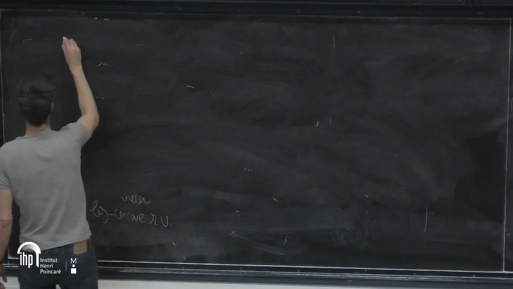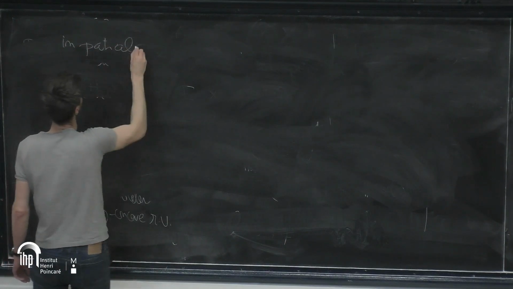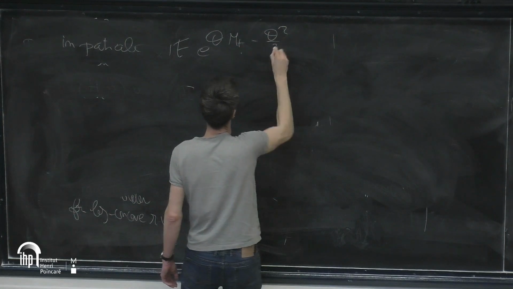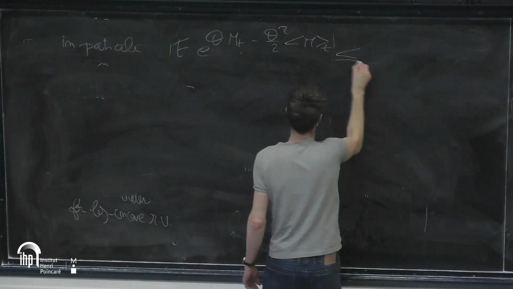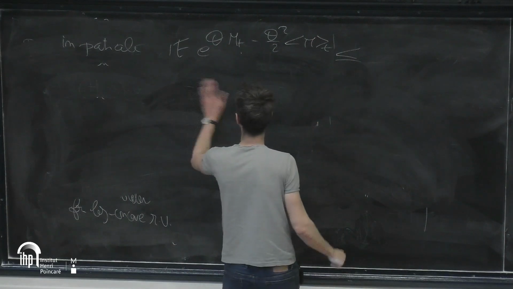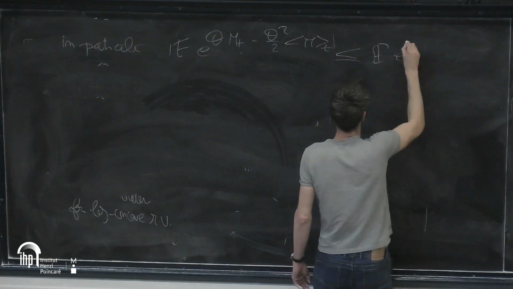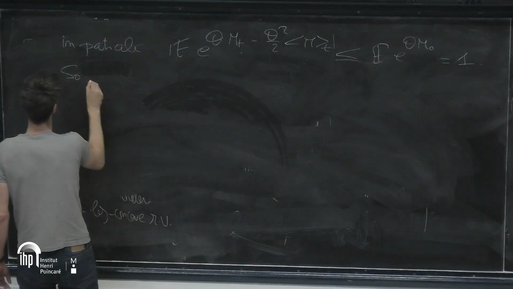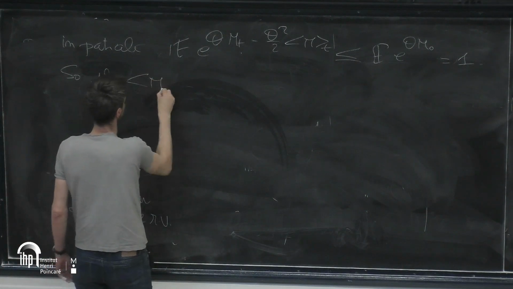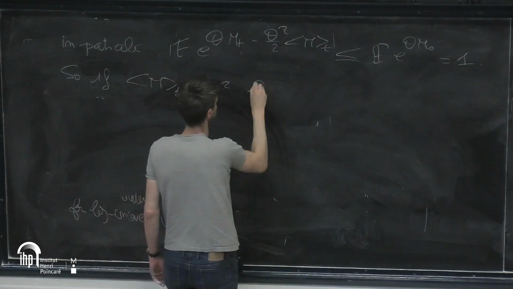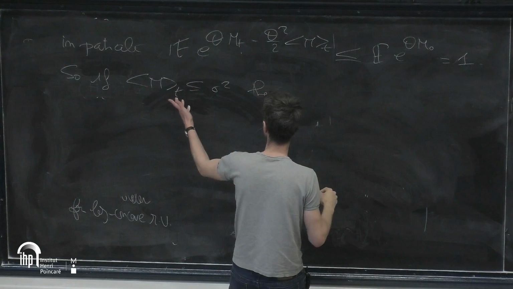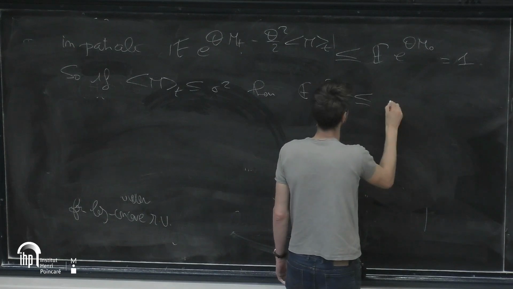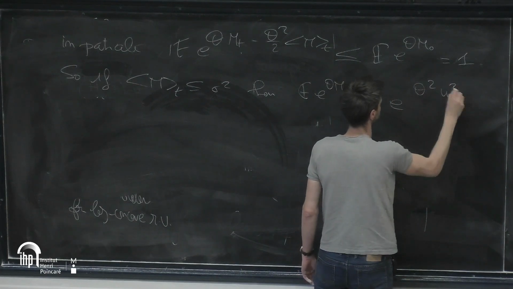In particular, the expectation of exponential theta MT minus theta square over 2 MT is always smaller than e to the theta 0, which equals 1. So if in addition you have this information, that MT is less than sigma square, you get e to the theta MT less than exp of theta square sigma square over 2,